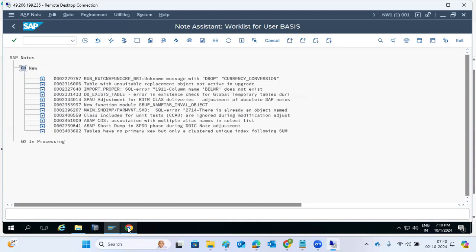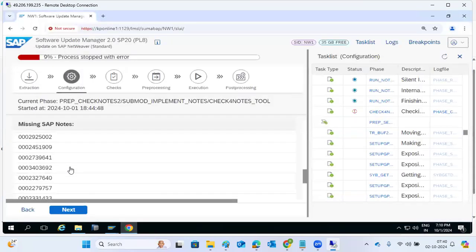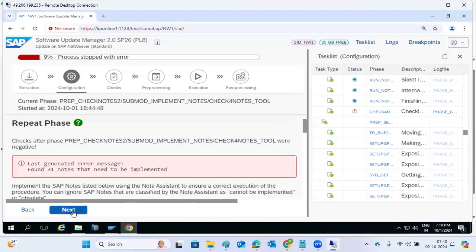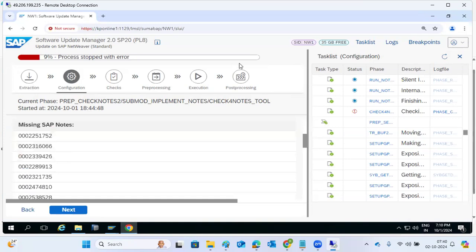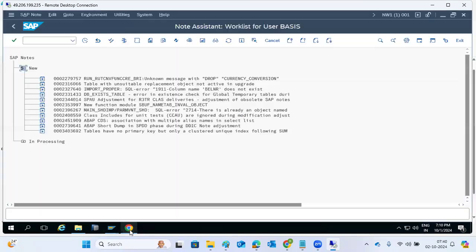So that is the main thing here. Let's do your work offline, meaning implementing the notes and progressing the activities. If you want to connect as a group, you can. Everybody, please divide the notes and implement them, and progress the activities here. With this, we have the SUM tool completed. That's it, and starting from tomorrow,